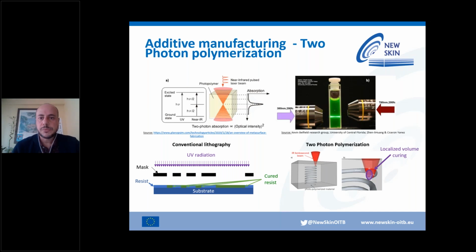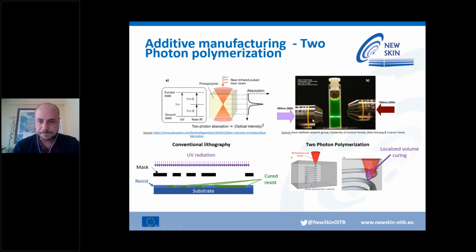Two-photon polymerization is based on a nonlinear effect, where the absorbance of the light emitted from the laser is only considerable in a small area where you have a very high photon energy per volume and time. In the case of radiation with a high photon energy, such as ultraviolet wavelengths,